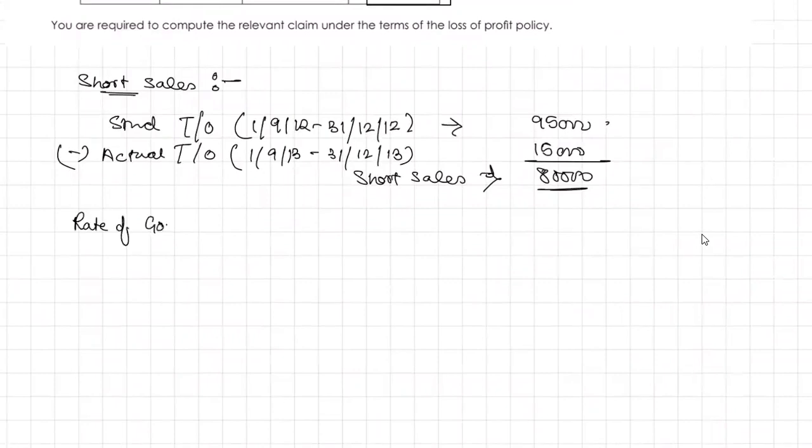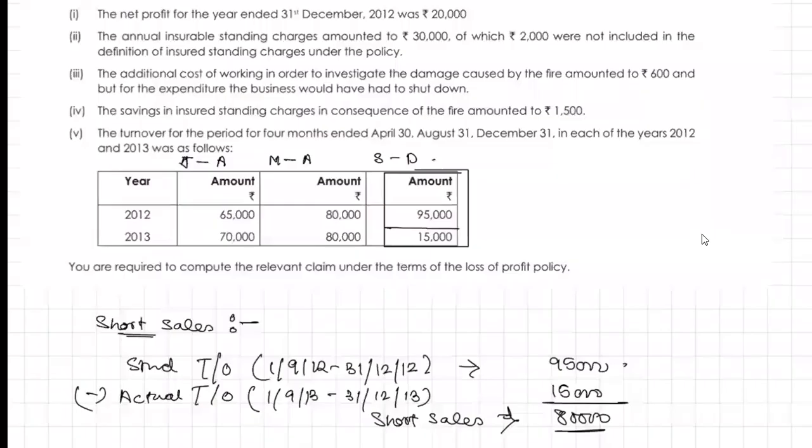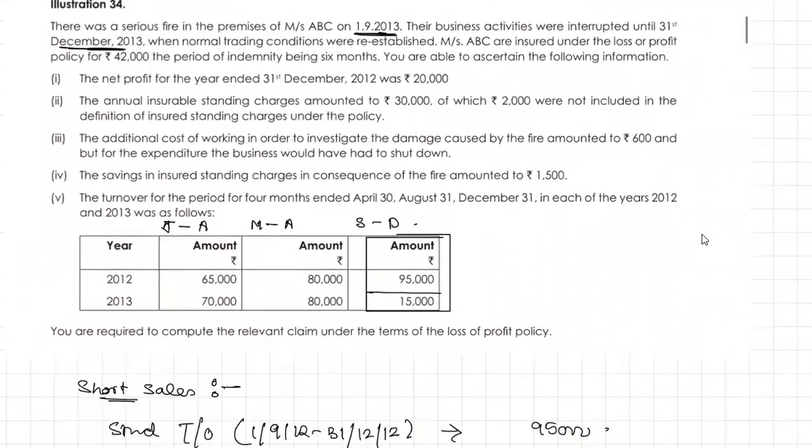शॉर्ट सेल्स। नाउ रेट ऑफ ग्रॉस प्रॉफिट। आप बताएंगे फॉर्मूला क्या लिखते थे हम? नेट प्रॉफिट प्लस इंश्योर्ड स्टैंडिंग एक्सपेंसेस डिवाइड बाय सेल्स प्रीवियस ईयर इनटू 100। नाउ इंश्योर्ड स्टैंडिंग चार्जेस दे हैव सेड समथिंग, इसको पढ़ के बताइए क्या करना है।